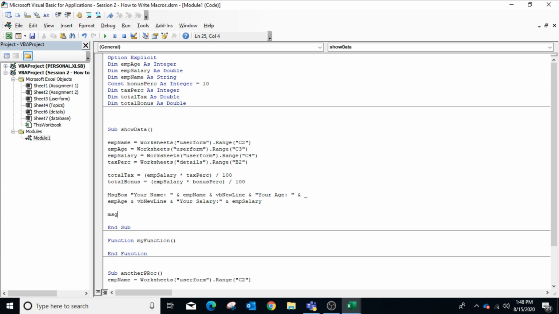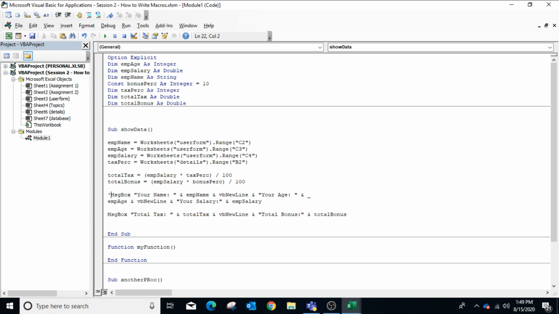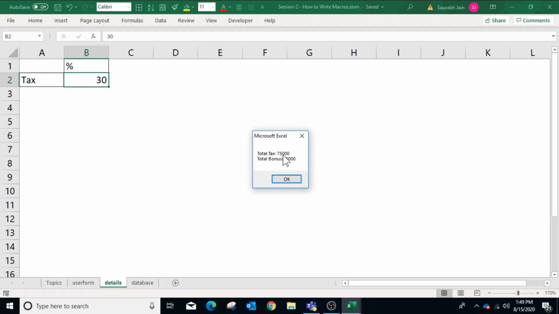So I'm writing another message box: total tax as a string, ampersand totalTax variable. For the next line, type vbNewLine, ampersand total bonus, ampersand and the variable name totalBonus. Comment this message box so it will not be executed. Now run the macro and it will show the tax and the bonus value.